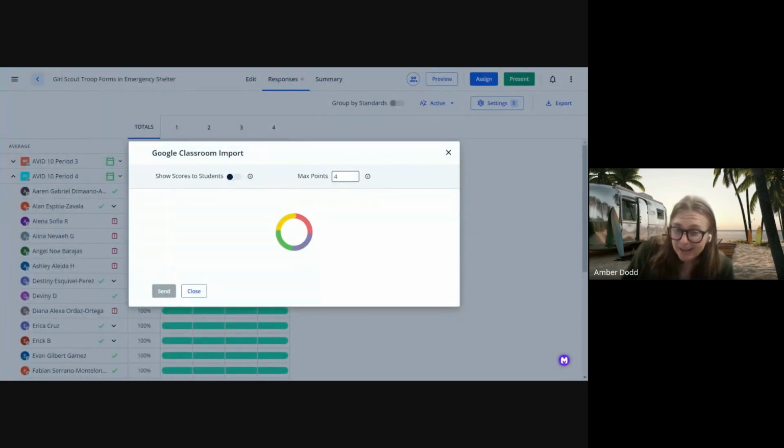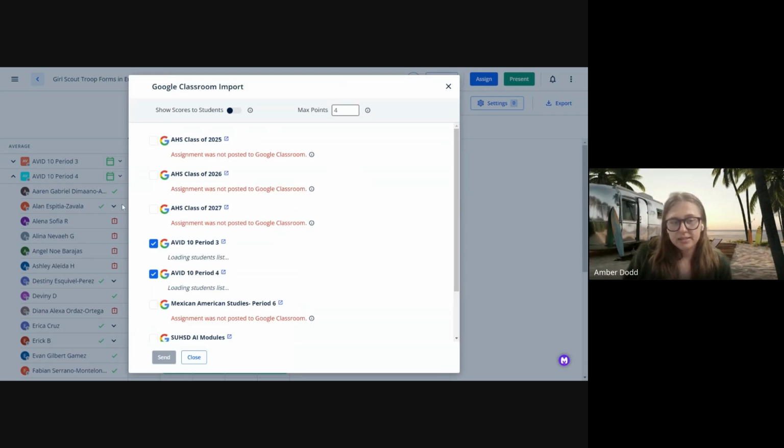One thing that I really like about this is I am standards-based grading. So I grade everything on a 4-point scale just because that's the way I do things. One of the things I hated as a student was an English teacher who made us go through quizzes or assignments and make sure we had 20 points exactly so that his grading works out. I hated that. So one thing that you can do with the grade passback, and it was taking forever for some reason, there we go,